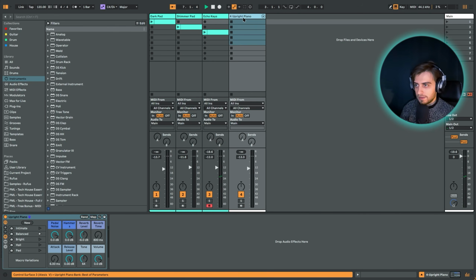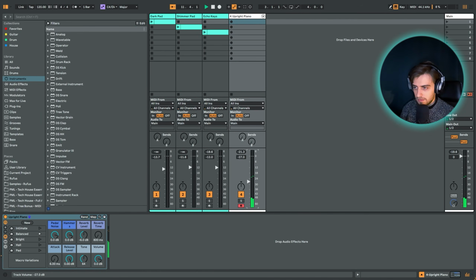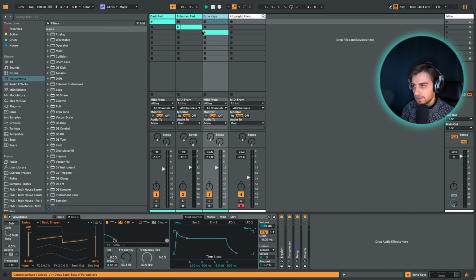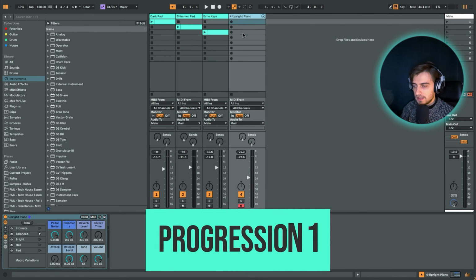Here I just have an upright piano, nothing special. And I'm going to be writing the chords here on the piano because it's a bit easier to work with at the beginning, and then we will move these chord progressions onto our tracks, which all use Wavetable with different audio effects on top. So let's get started by choosing the scale, and for the first progression we're going to